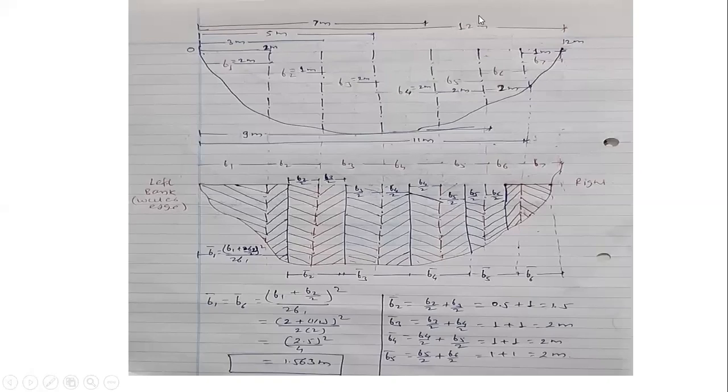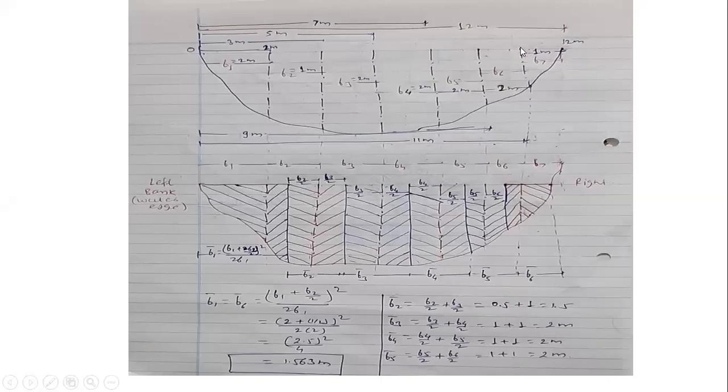Whereas the next vertical where observations were carried out is at 11 meters. Sorry, 9 meters. I have shown it here. This is from the left water edge. This is at 9 meters, whereas the previous one was at 7 meters. It means the distance between these two is once again 2 meters. So I have sequentially given it the name B5. It is the width of the fifth segment, we can say.